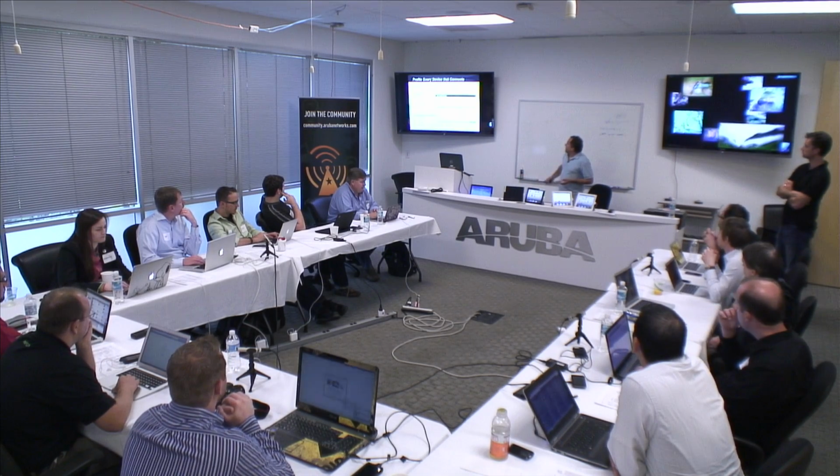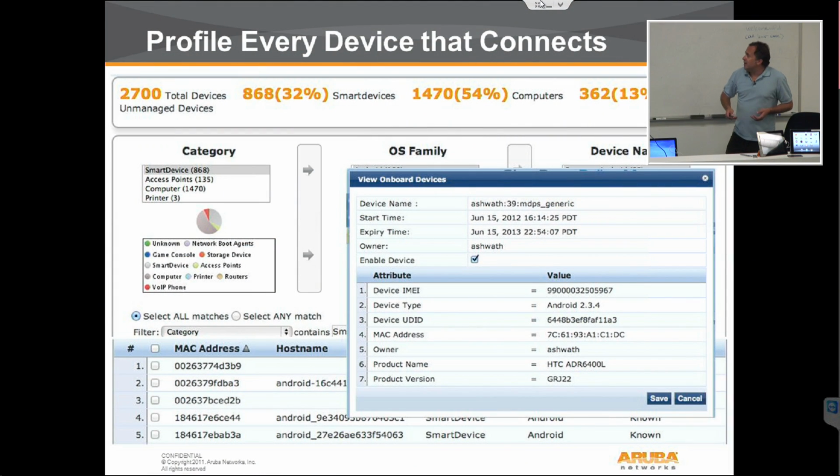So in this case, we're getting serial numbers and IMEI numbers and things like that. One of the things I want to point out is that all of this context we get into the policy manager, we're actually able to use in policy derivation. It's no good being able to do an Nmap scan and discover some device out there, but then not be able to use any of that information to derive a policy